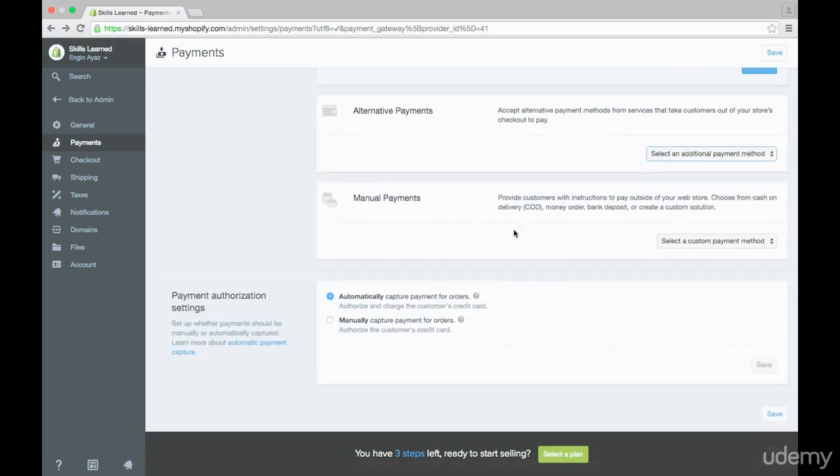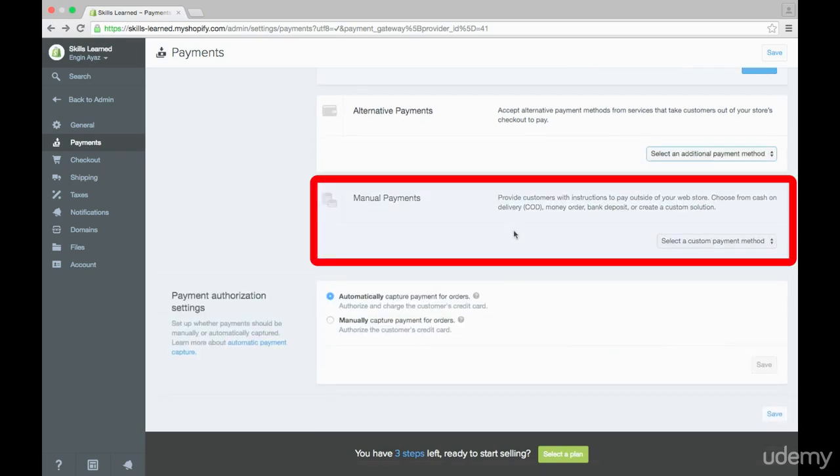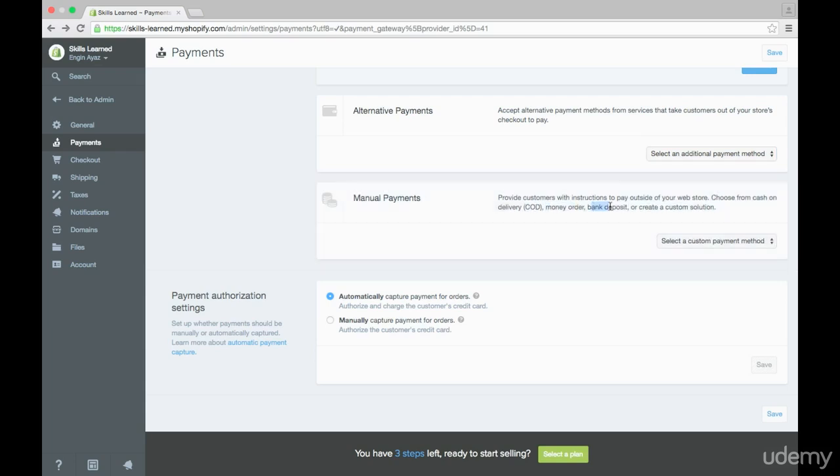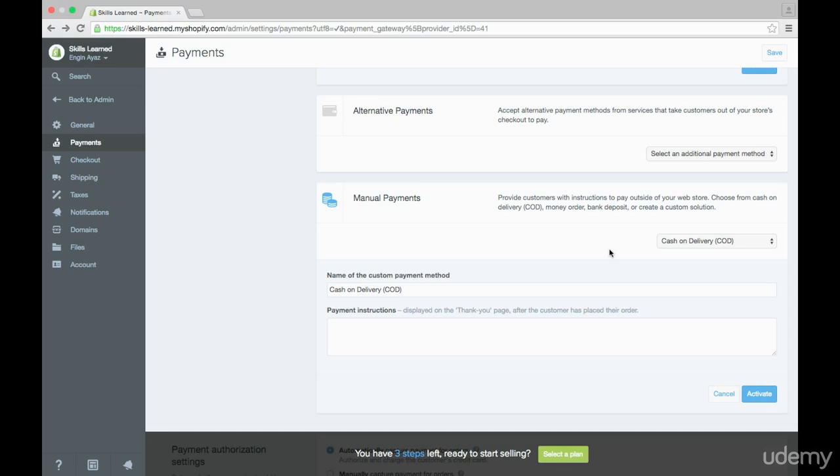And the last payment method is to accept payment by things like cash on delivery, money order, bank deposits, or by creating a custom solution. Cash on delivery is when a payment is made once the product has been delivered. Think about a pizza delivery. If you order a pizza and you wanted to pay cash, you'd wait until the pizza arrived at your door and you'd give the delivery driver your cash for the pizza,